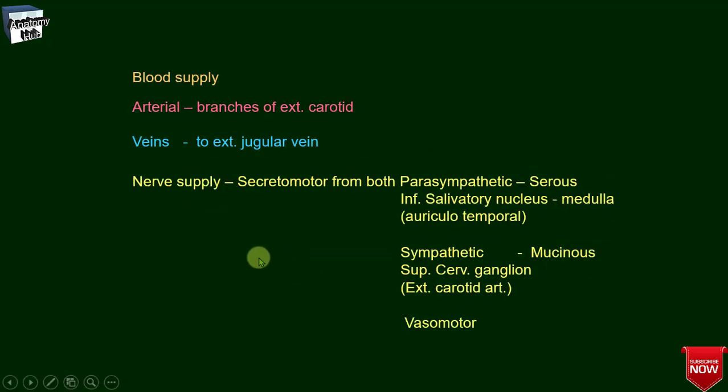So the nerve supply to this parotid gland is very important, because though the facial nerve passes through the parotid gland, it is not supplying the parotid gland. Here the parotid gland receives secretomotor supply from the ninth cranial nerve, that is the glossopharyngeal nerve. What happens here is, the ninth cranial nerve, after relaying at the otic ganglion, merges with the auriculotemporal nerve and supplies the parotid gland, which actually helps in the